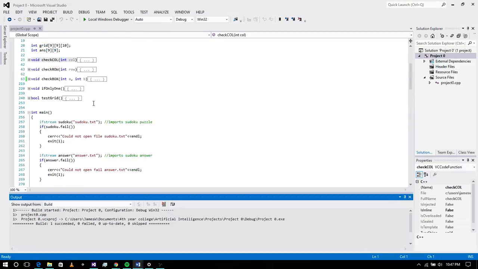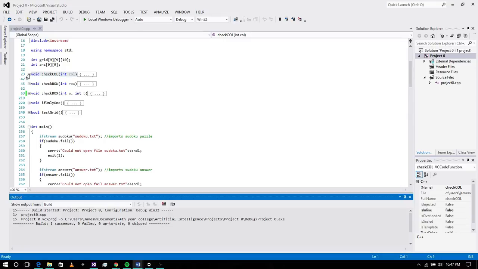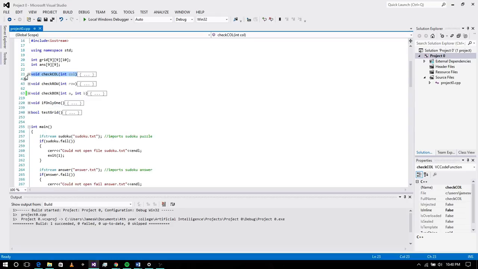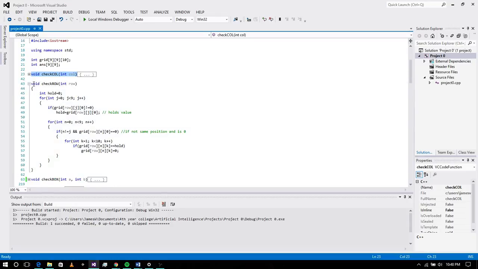Okay, so back to my five methods. Void check column, or void check call, takes in a column number as a parameter and it goes through the column, and wherever there's a number, it eliminates it as a possibility from every blank in that column. And void check row does the exact same thing, except it takes in row number as a parameter and it's